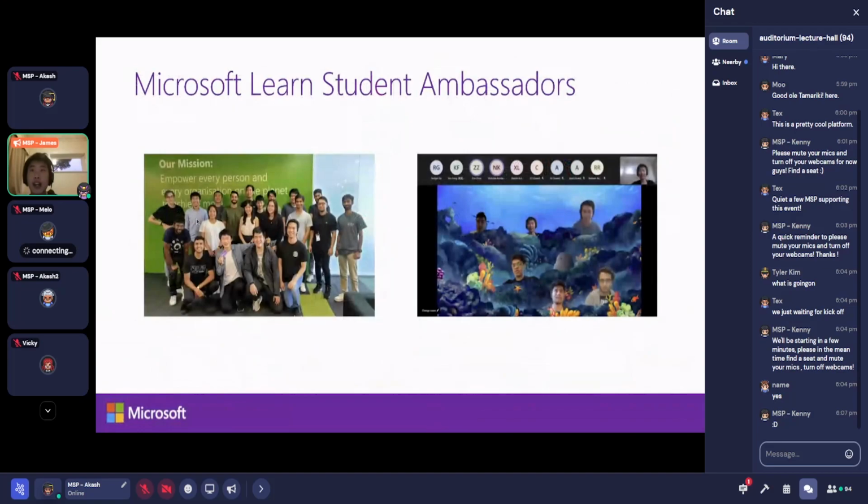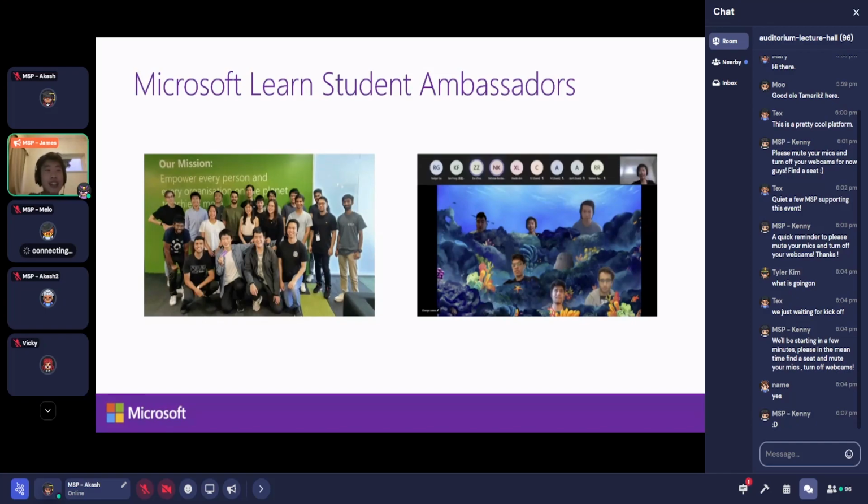Just before that, I will introduce our Microsoft Learn Student Ambassadors, which is MSPs, Microsoft Student Partners. You can see Akshara, Melo, and all the people. On the left-hand side is from 2021. Since this year, with the COVID situation and lockdown, we can't really have one offline, so we made an online one, and you can see all those happy faces. I'll just quickly skip this one because someone might be ashamed.